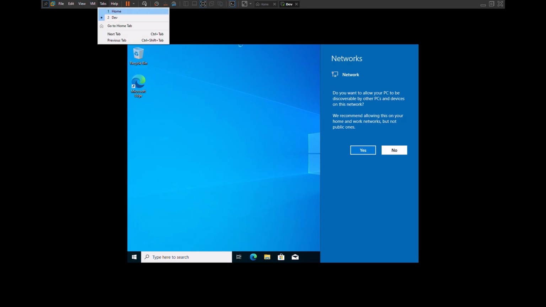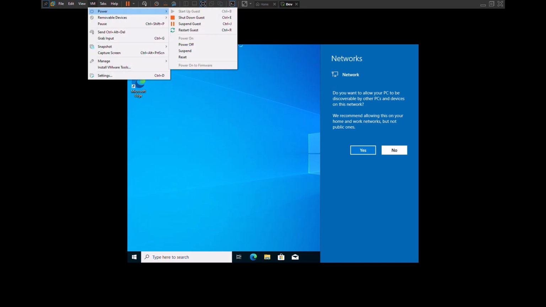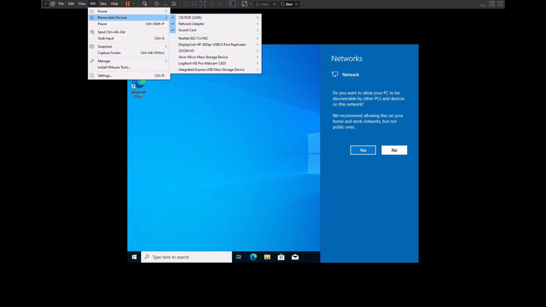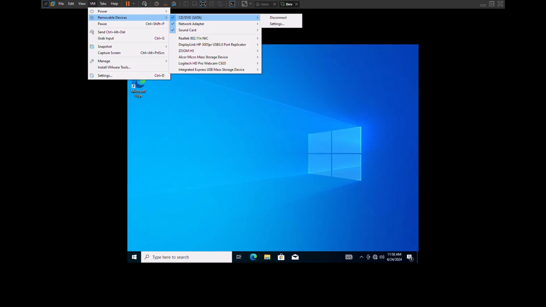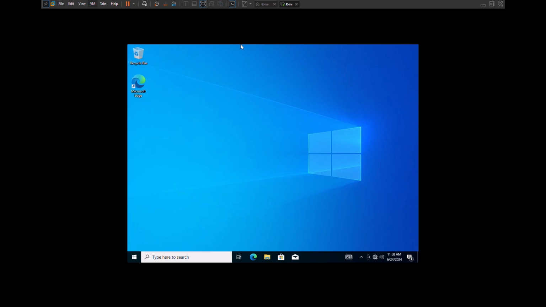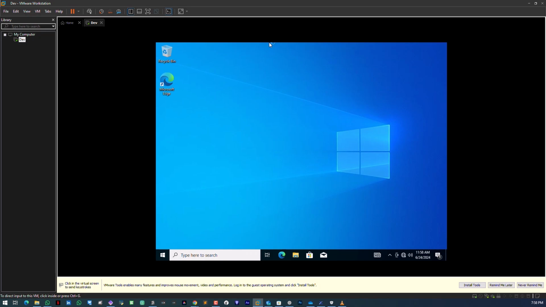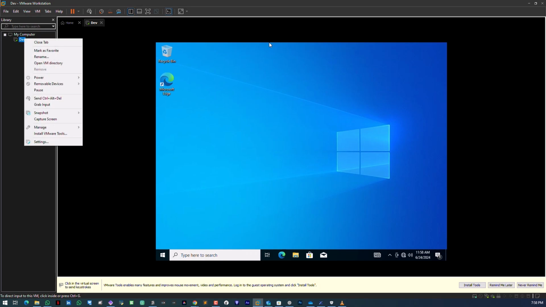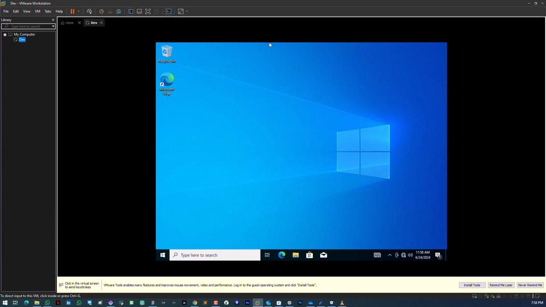VM, and then here we are going to this. You see removable devices, and here you see CD/DVD SATA. Just disconnect. And now that we've disconnected, let's go back to where we were. So here I'm going to right click and I'll say settings,